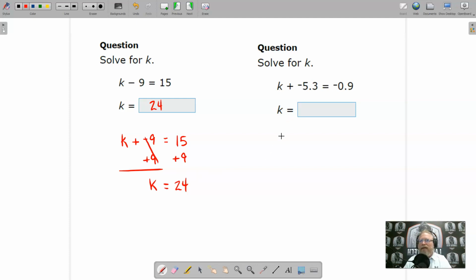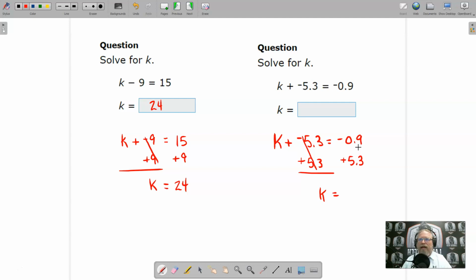On the next one, here we have addition, and this is a good one here. Notice because I have a negative 5.3 here, and equals negative 0.9. So now we can see that we need to get a positive 5.3 to get rid of the negative 5.3. So let's go ahead and add 5.3 here. And what we do to one side, we're going to do to the other. And then those negative 5.3 and the positive 5.3 will cancel each other out, leaving me with k equals,